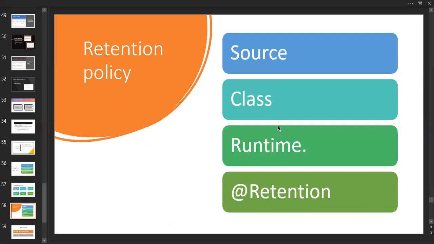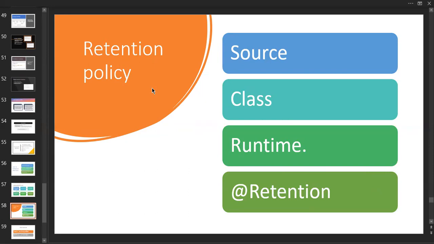We are discussing the retention policy. How long is your annotation going to survive or be retained in the program? How long the annotation is going to stay depends on our usage.